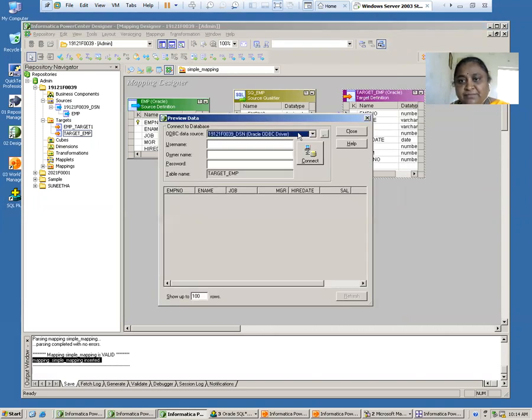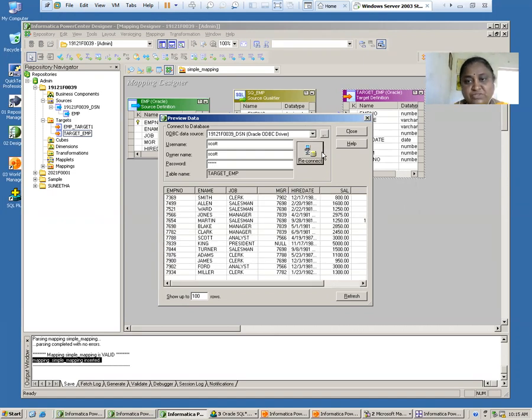So what is my source DSN? The same: roll number followed by the DSN which you have created, and the username is Scott. Always check whether you are using capital letters or small letters. The password is sensitive.